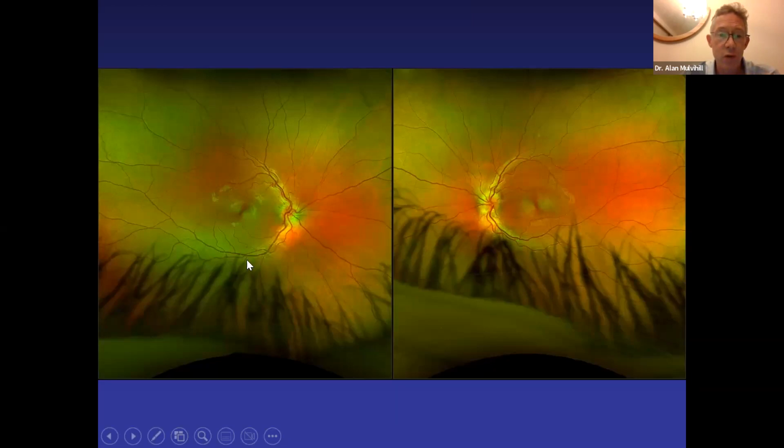The blood vessels are about normal caliber. Sorry, these black lines you see here are the eyelashes. This particular camera tends to show up the eyelashes. So in case you're wondering what they are, they're not some horrible disease, they're just normal eyelashes. So his optic nerves were basically a bit small and irregular and a bit odd looking, but overall basically normal,